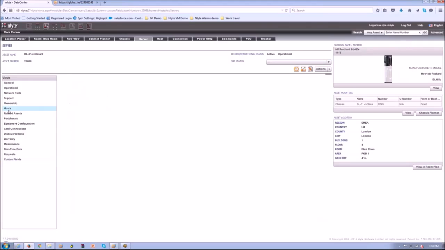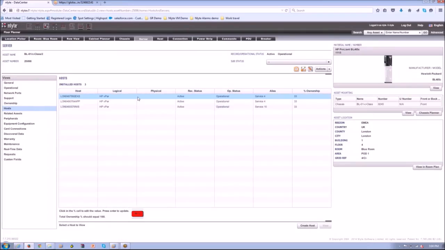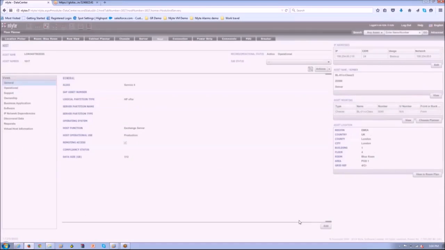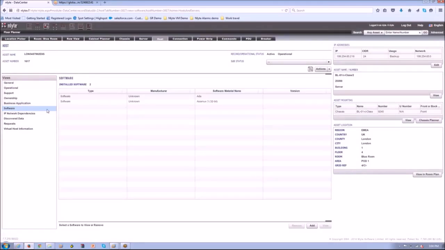We're going to drill down from this blade, or drill up if you like. We're going to look at the virtuals. So these are the virtuals that are currently running on this blade. We can go through and we can see more information around those virtuals and bring back again common properties such as the software that's running inside that virtual. These virtuals can be moved and planned exactly the same as assets. We're now going to go back to the chassis itself,